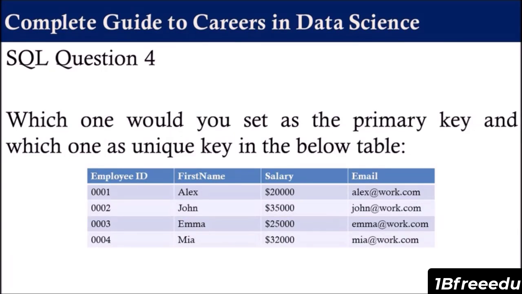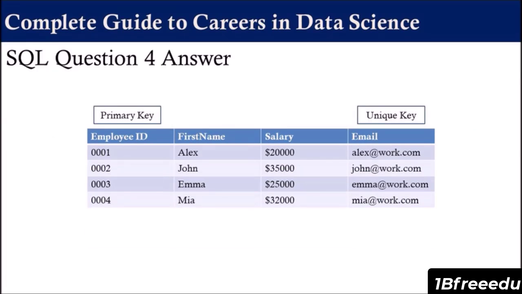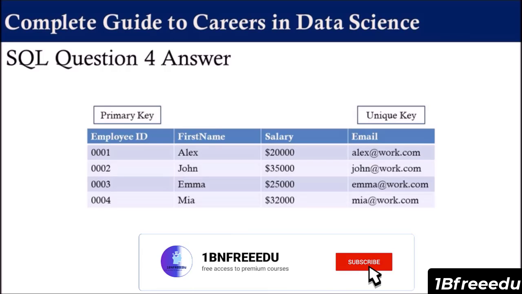The fourth question in SQL is, which one would you set as the primary key and which one as a unique key in the below table? Let's have a look at the answer. The primary key in a table is the column which has all the unique values and there is no null value. And the unique key in a table is the column which has all the unique values but it can have one null value. Also, there can be many unique keys in a table, but there will be only one